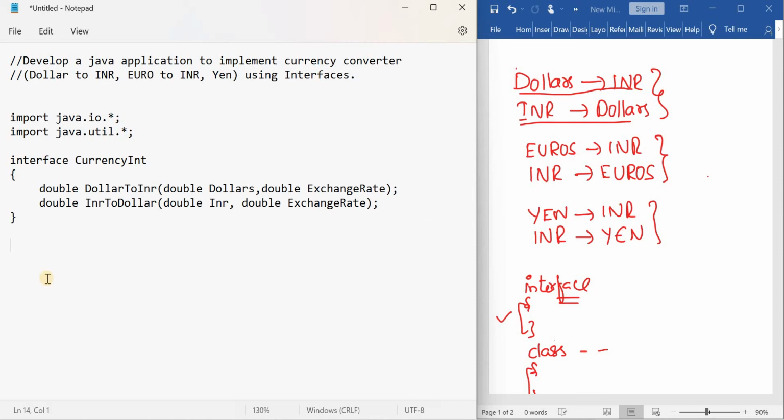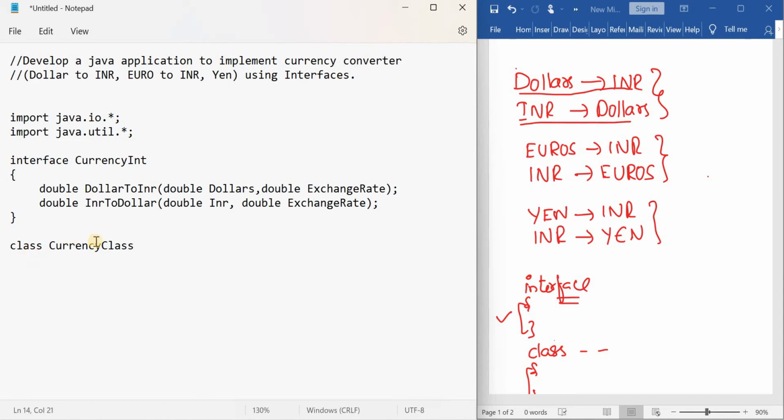And now what we have to do? Now we have to write the implementing class. What is the meaning of that? Now we have to write a class which will implement this interface. Okay, so start that class. So class, and give some name. So I'm giving it as CurrencyClass.